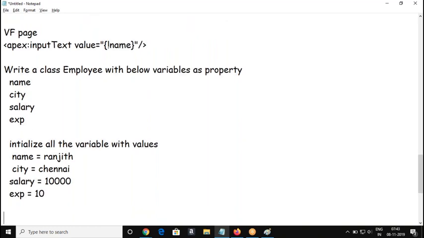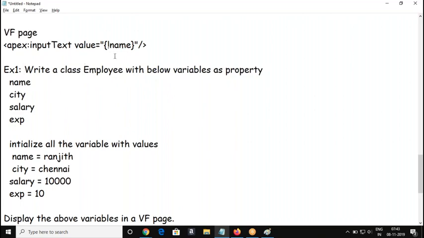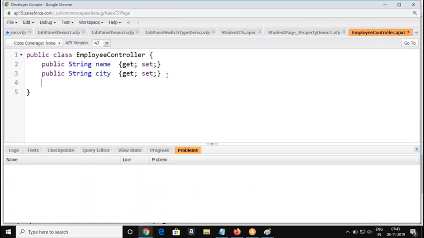Okay, and display the above variables, the above values, in a VF page. That's my requirement. So name, salary.